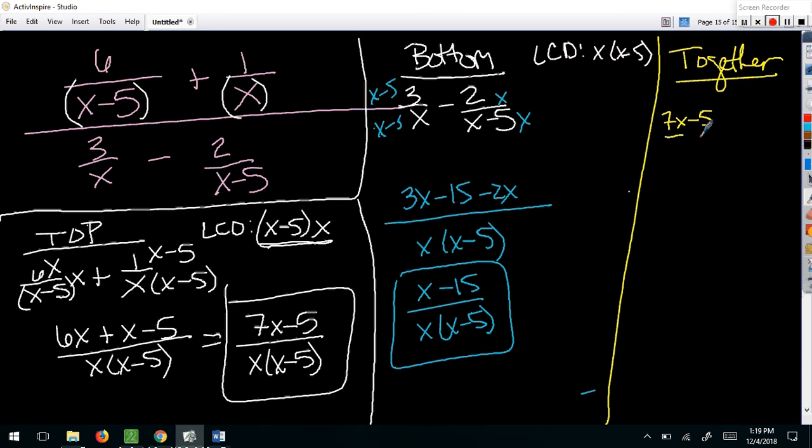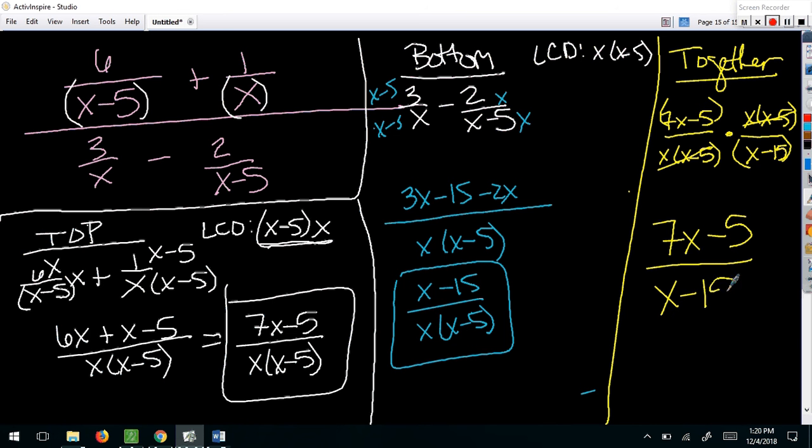First one. Yes, that's absolutely correct. So I'm multiplying, and several of you have seen this already, that these cancel out completely because they're exactly the same. So now it's just 7x minus 5 over x minus 15. So, for this one,